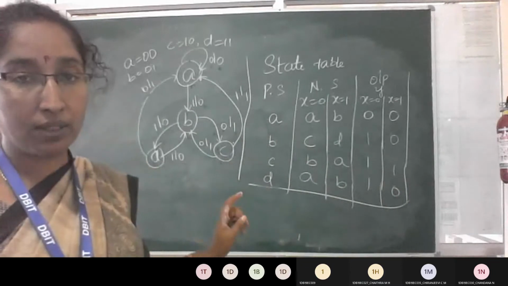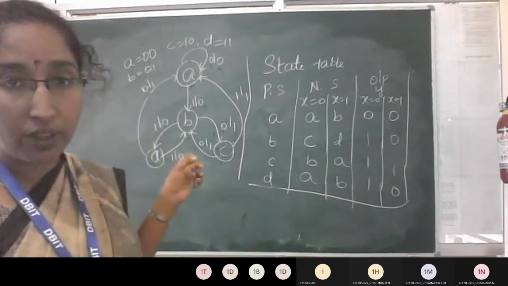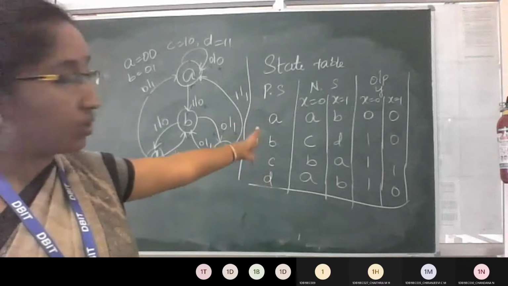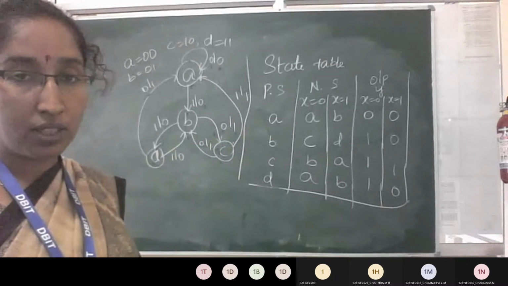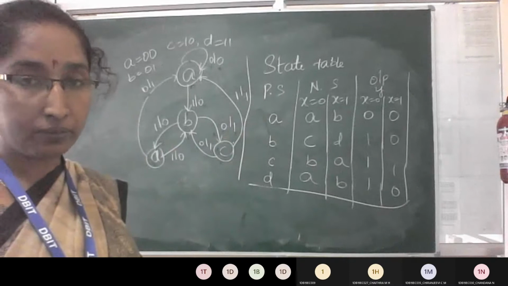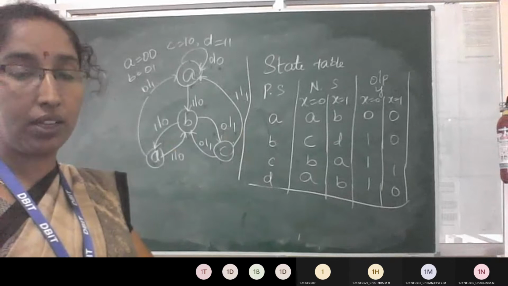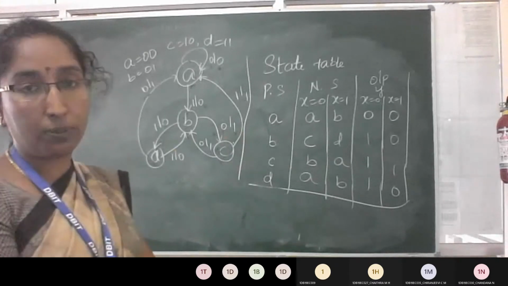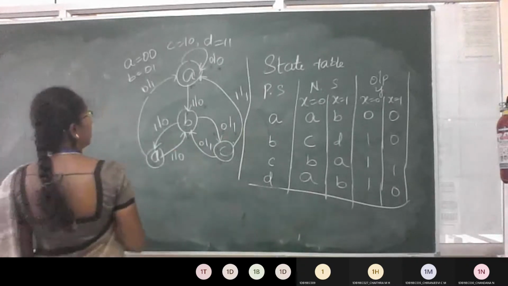Next, for the transition table, you need to replace A with 00, B with 01, C with 10, wherever D with 11. It is the same table; you only change the assignment values. Then, as usual, sometimes they'll specify which flip-flop, or sometimes they may not. They'll only say design a sequential circuit for the state diagram. Again I am telling you, just prefer the D flip-flop. If not, follow the specified one, because time will be reduced if you prefer the D flip-flop. Okay, so now the transition table.